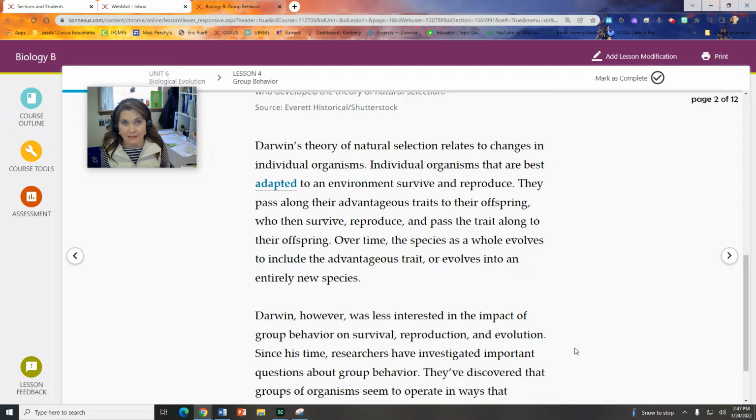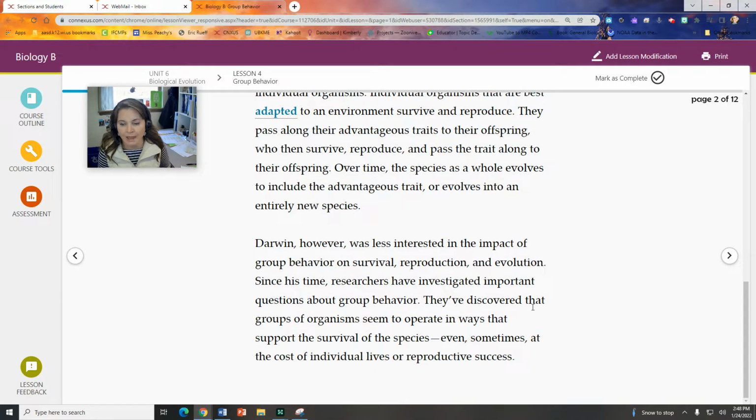So because these organisms possess those adaptations, those inheritable traits, they increase their likelihood of surviving and reproducing. You need to both survive and have babies to pass your traits on to the next generation. And again, Darwin didn't know that meant you had to pass your genes on, but we know that today. We know that that's a way in which we can pass on those traits is through our genomes.